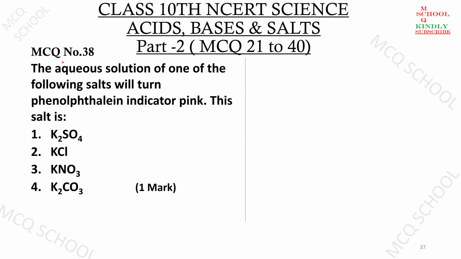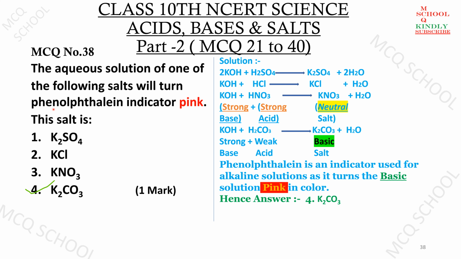MCQ number 38. The aqueous solution of one of the following salts will turn phenolphthalein indicator pink. This salt is, options are potassium sulfate, potassium chloride, potassium nitrate or potassium carbonate. So what is the good option as per you? For phenolphthalein indicator to turn pink, the aqueous solution shall be basic. But in our case,